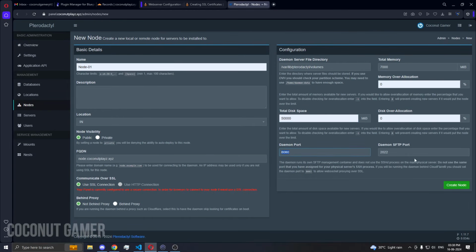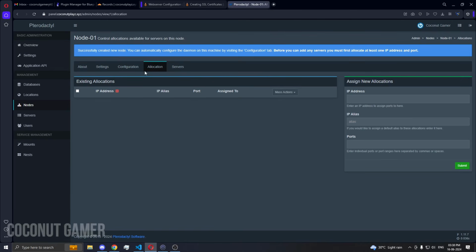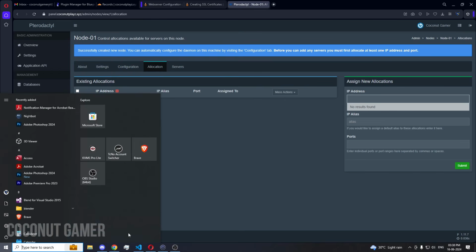These are the ports which need to be open. If you have not opened your ports, there is a video on how to open ports on my channel, so go watch that. Then we're going to save. Then we need to allocate ports. So I'm just going to put random ports for now. I'm going to copy my